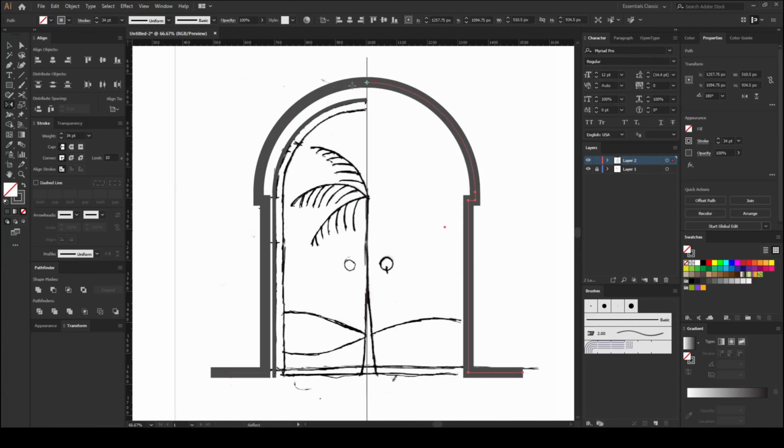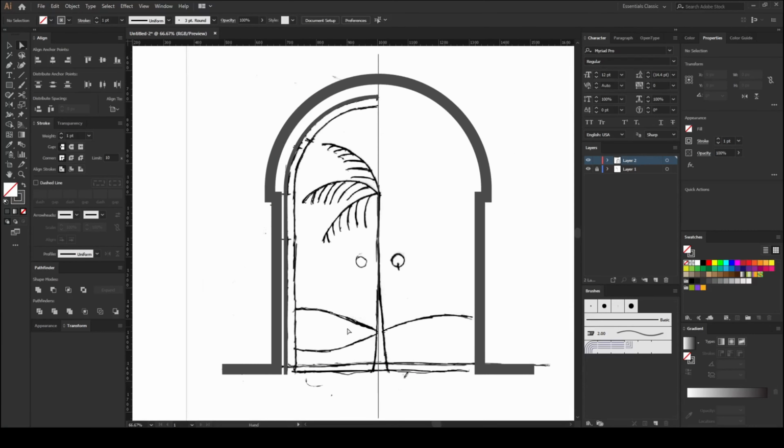Now it's copy for the other side. Then I use a pen tool.